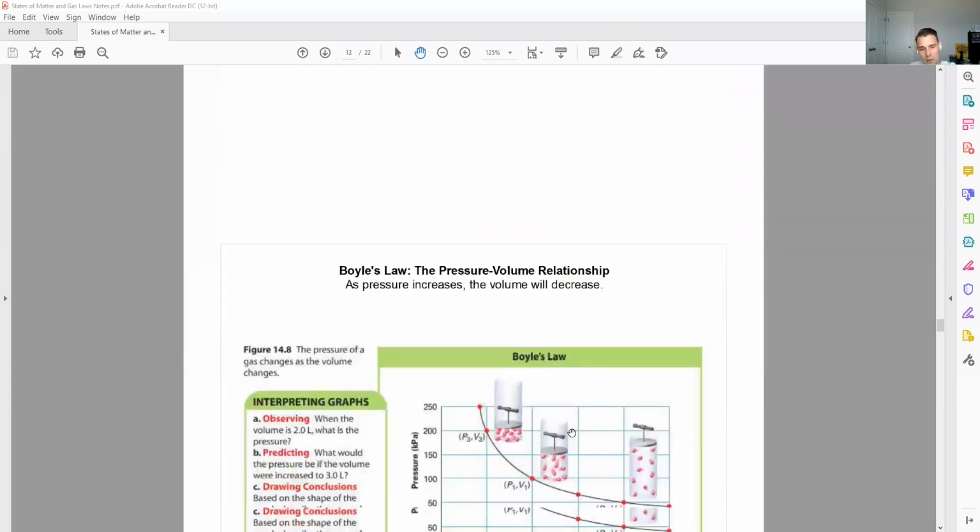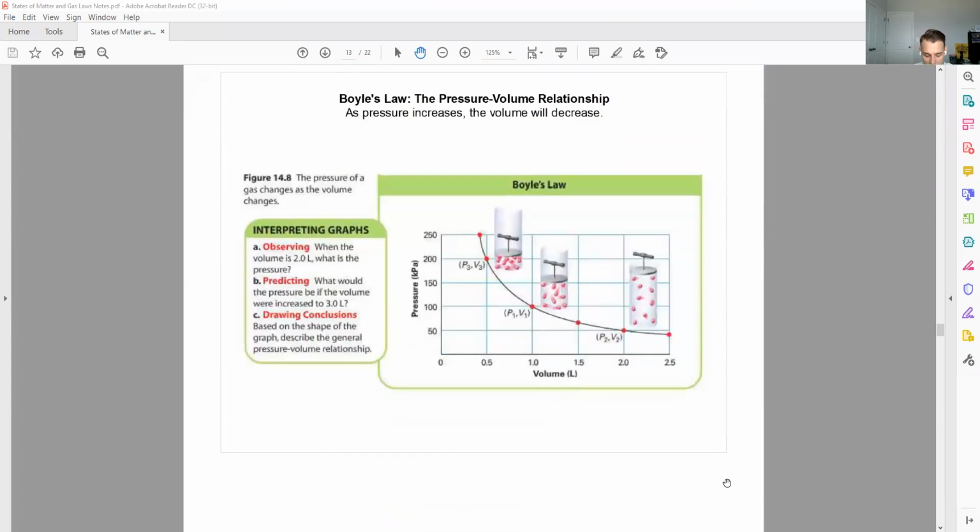Next gas law we're going to look at is Boyle's Law. Boyle's Law is the relationship between pressure and volume. So here we have a graph. It says as pressure increases, the volume decreases. So if I increase pressure, I'm going to decrease volume. Or if I decrease pressure, I'm going to increase the volume. So they're opposites of each other,